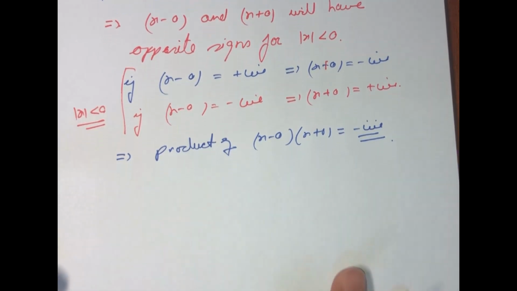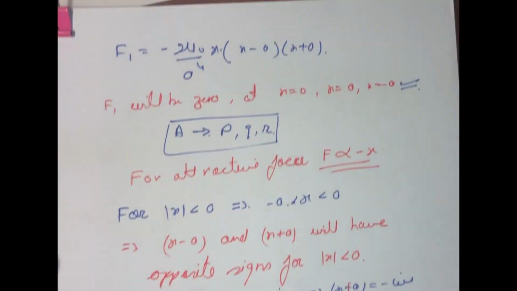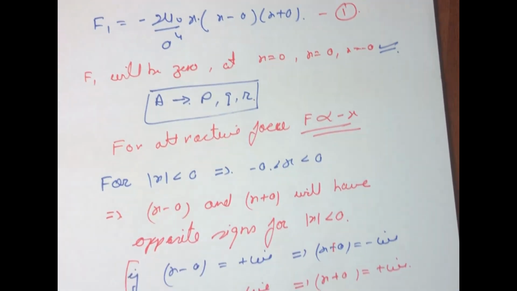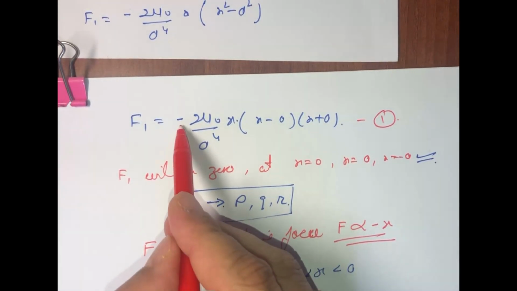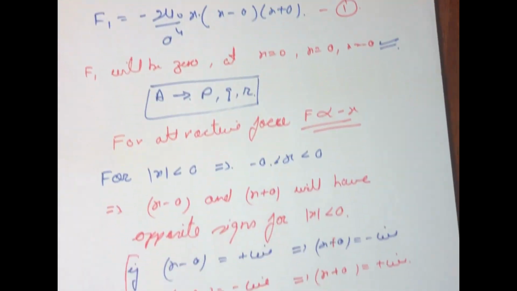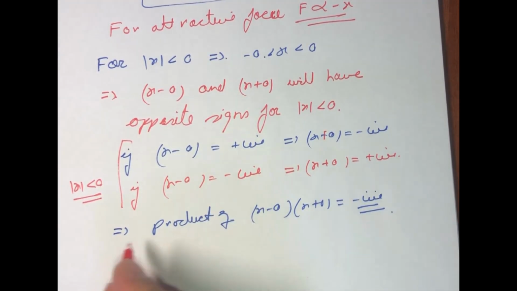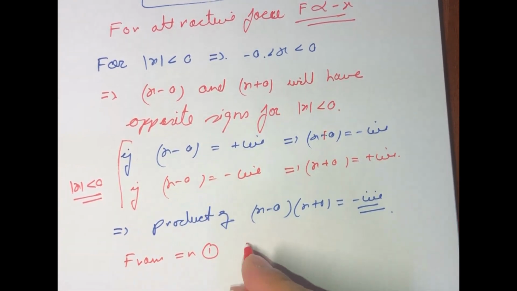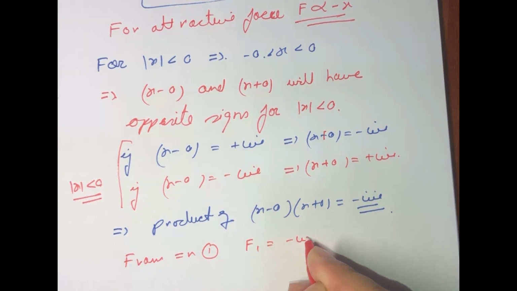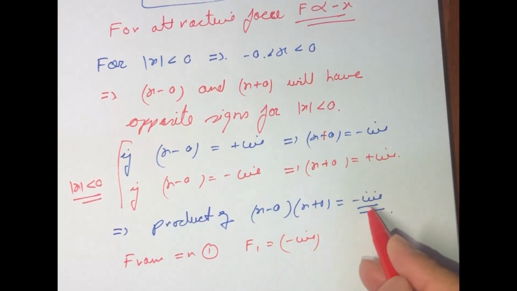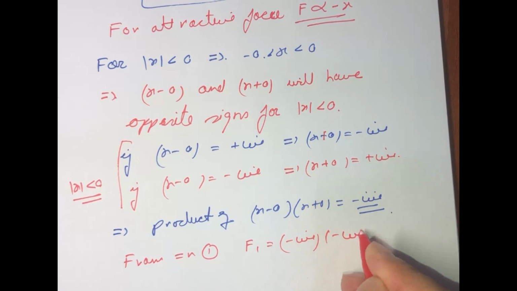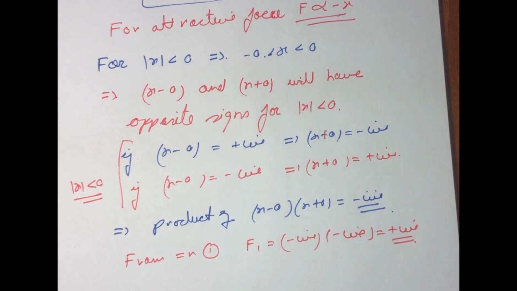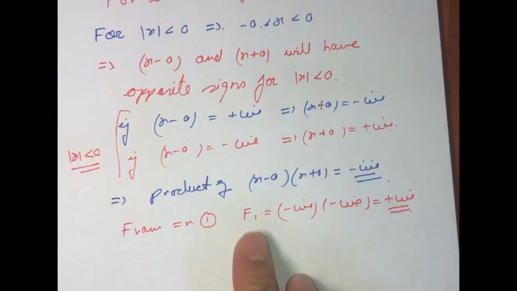Now the second part, let us call this equation number 1. From equation 1, you can clearly see that one negative sign is already present. From equation 1, F1 is equal to negative, and we are going to get one negative from here, so their product will be positive. So as their product is positive,